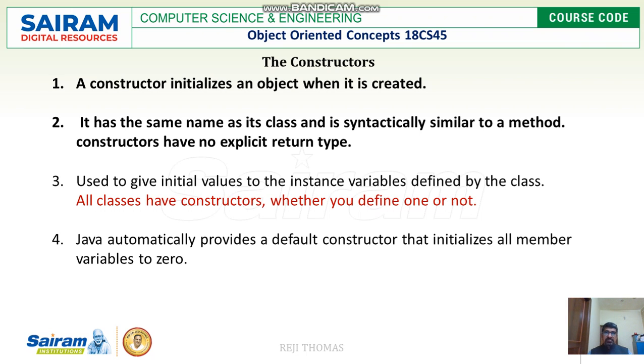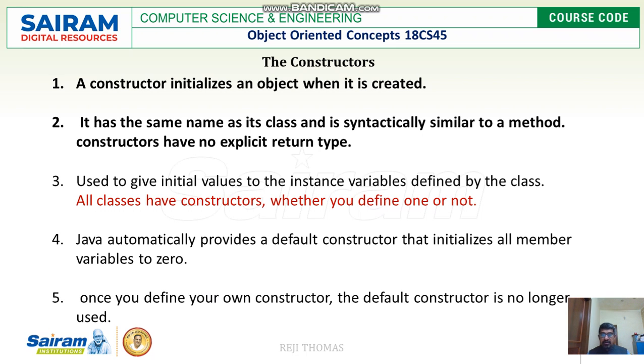And one more thing is every class has got a constructor, whether you define it or not. If you define it, your system is going to take your own constructor. If you have not done it, your system is going to take the default constructor. So Java automatically provides a default constructor for every class. And if you have defined your own constructor, nothing to worry, Java is going to take your own constructor. If it is not done, Java is going to take the default one, right? So please remember the constructor is going to initialize the object, has got the same name as the class name, and has no return type.